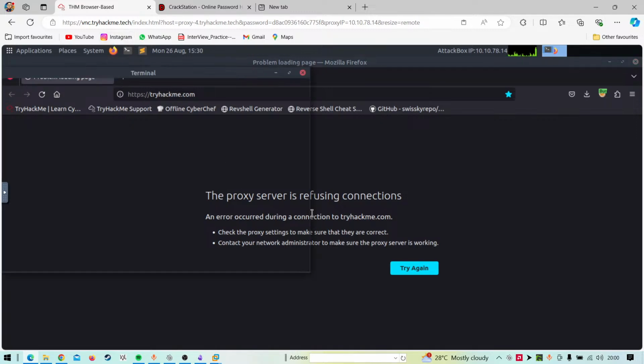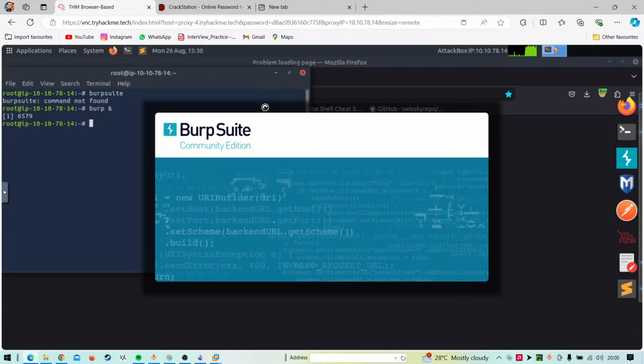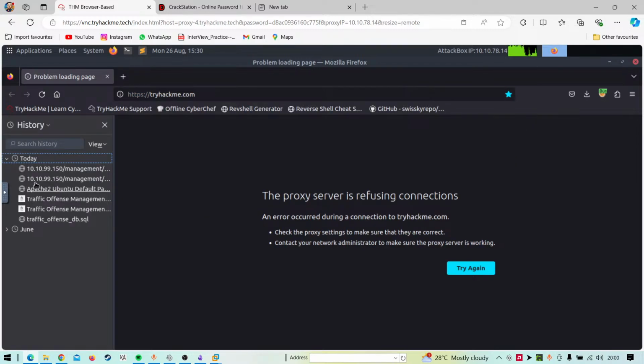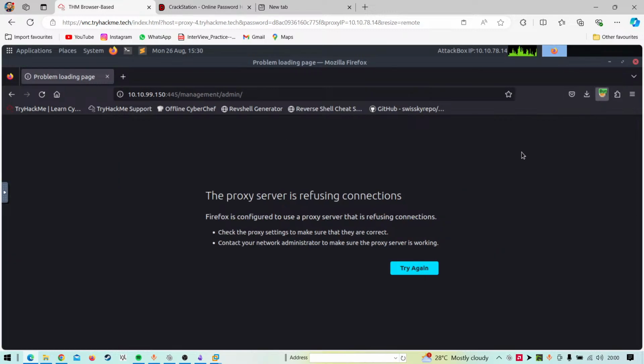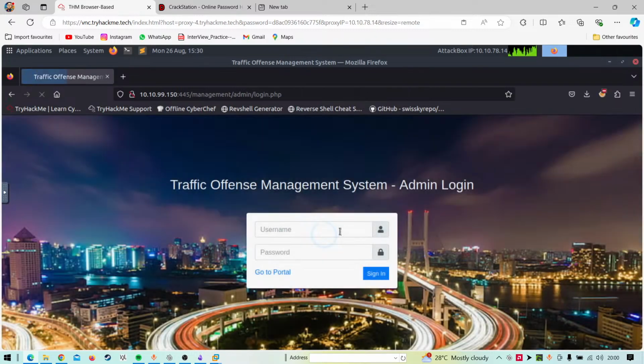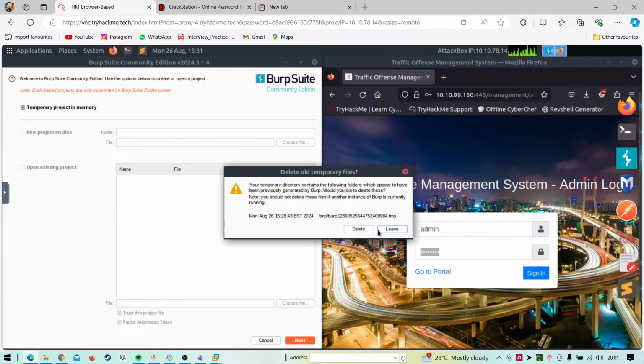So let me open the terminal once more. So I'll have to do Burp Suite, and the ampersand to put it in the background. Last time when I closed the terminal, I closed Burp Suite also. And if I go to the history of this one, Docker proxy is refusing. So I'll just disable it for now and come up here. We'll just hit the credentials we want to hit, and if I just split it with this one, and leave it.